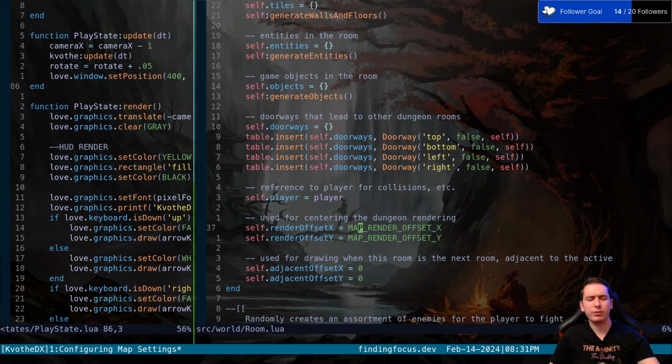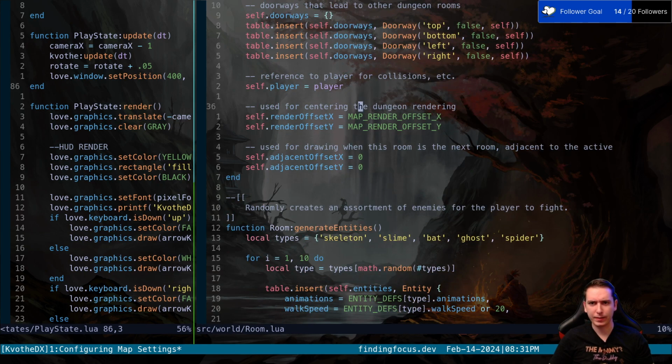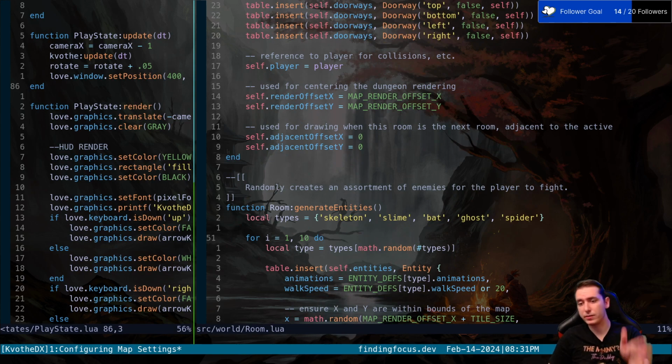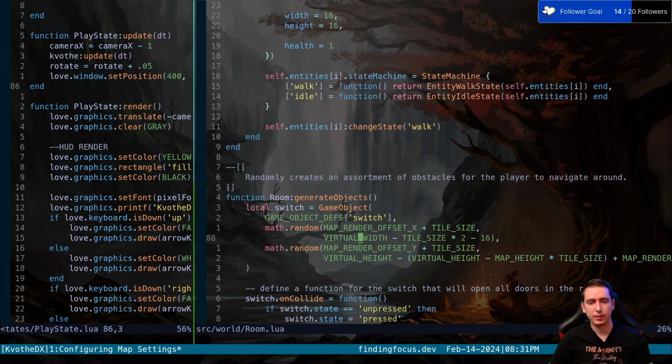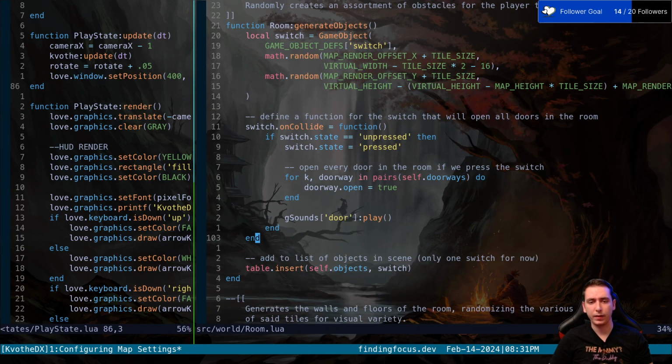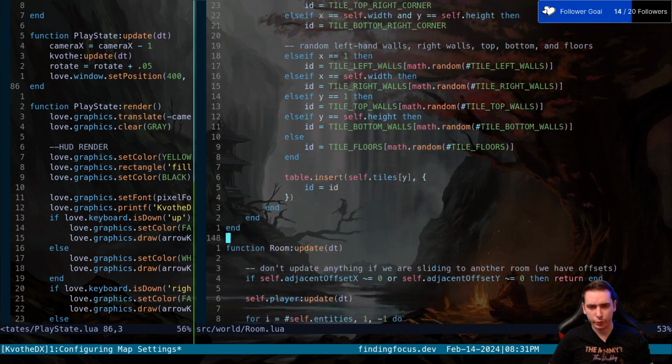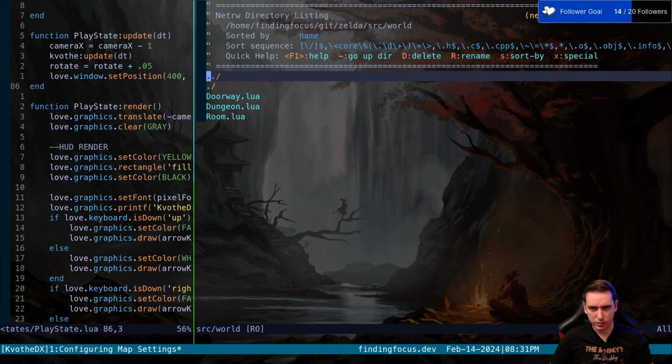I don't think we'll have to do something like this. They do this render offset X and Y because their map is in the center of the screen and it doesn't extend to the corners. So I don't think we'll have to do that. They generate entities. Okay, so a room is all the stuff that's in the room, whereas what a dungeon is